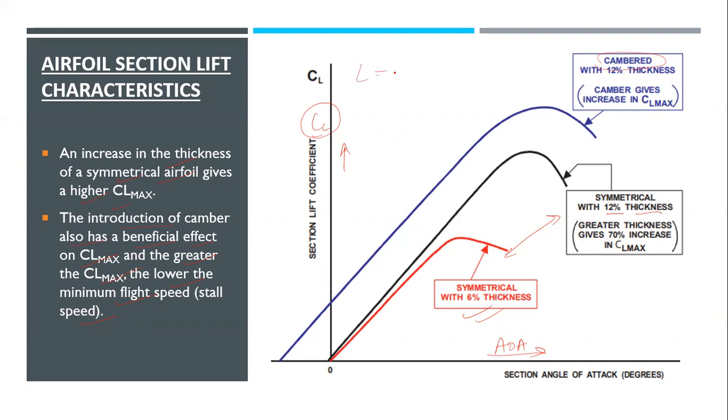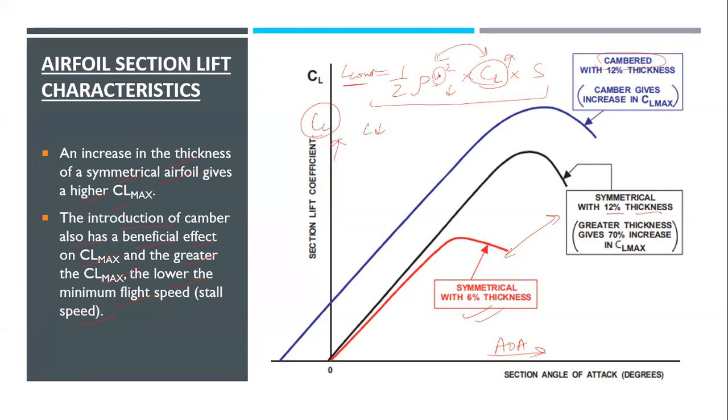Then we have lift is equal to half rho v square CL S. When we keep on increasing this, velocity keeps on reducing. Now, if my lift is constant, I'll write lift constant. That means if my wing is designed very perfectly, this will be constant throughout. When this constant goes, lift starts to reduce, and that is when our stall will occur. It's not when velocity and CL are playing with each other, increasing and reducing, while lift remains constant.